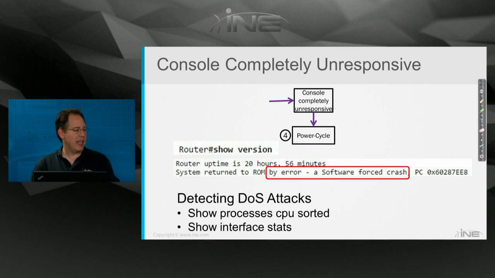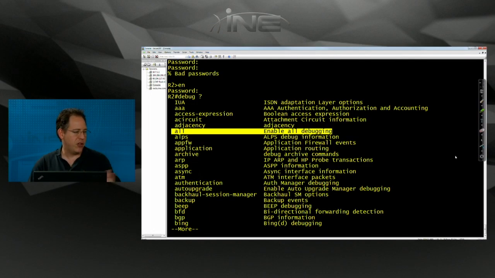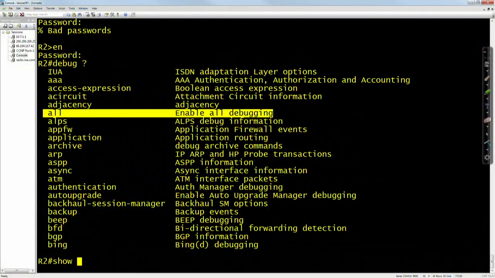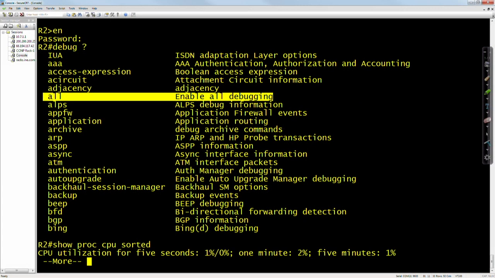So, detecting denial of service attacks. Show processes CPU sorted. This is a nice command. Now, this router I'm on here really isn't doing much of anything. But if I do that command, show proc CPU sorted,